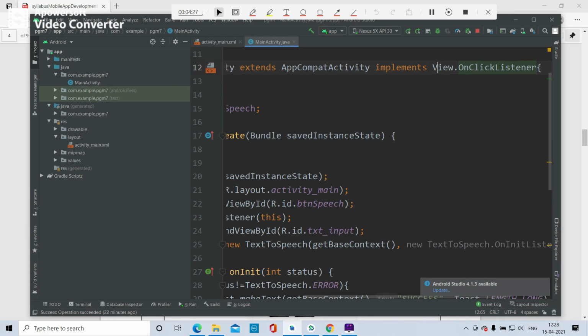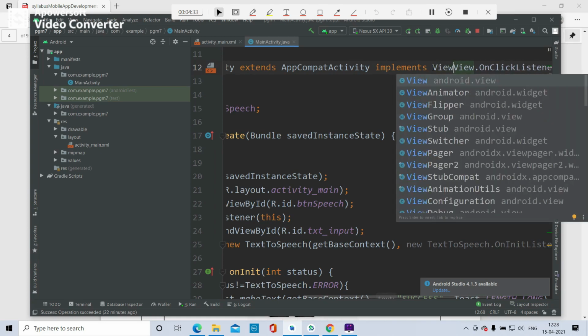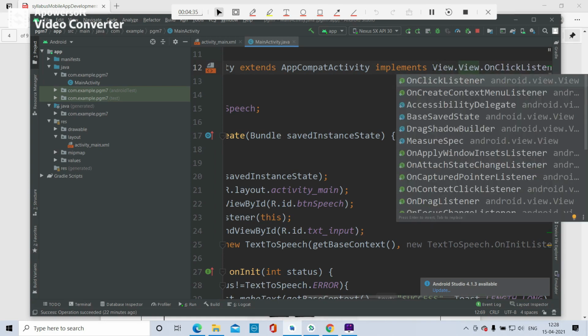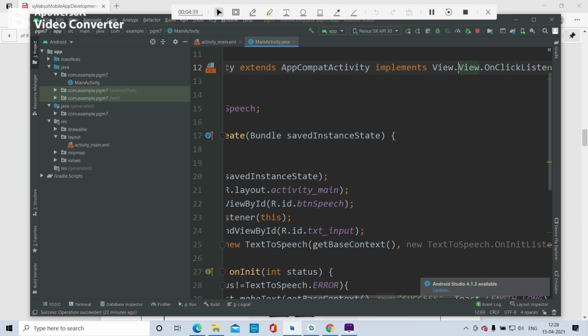When you start typing with capital V, I, E, W, dot, it gives you different options you can select from, this onClickListener. You should make practice of that.